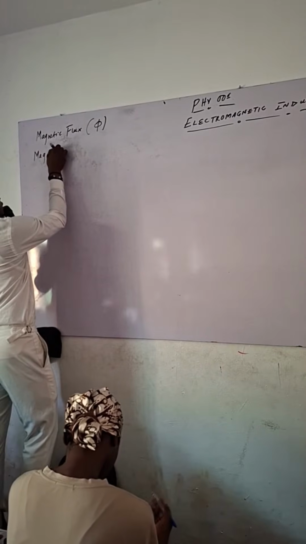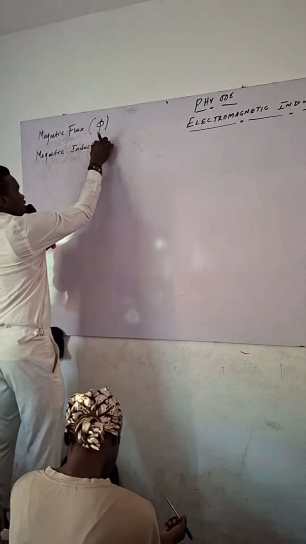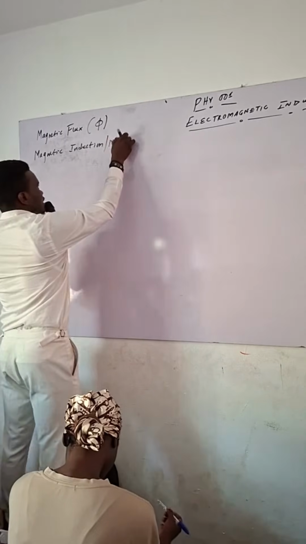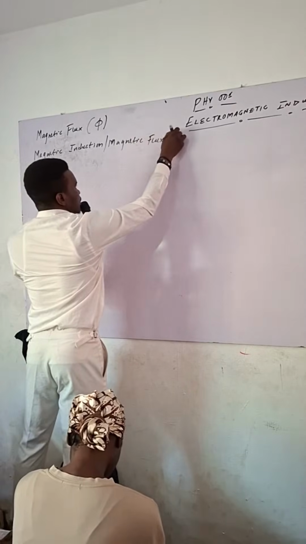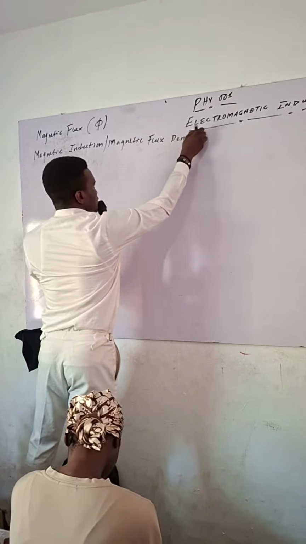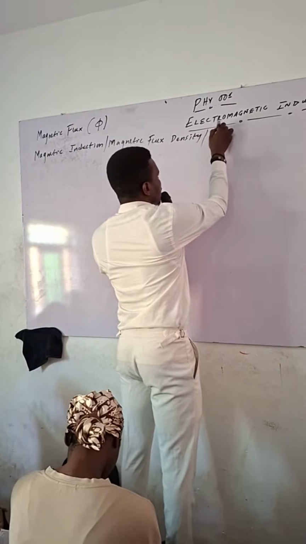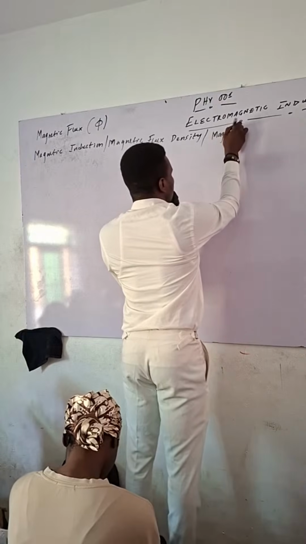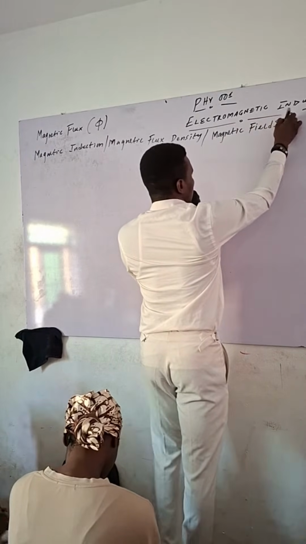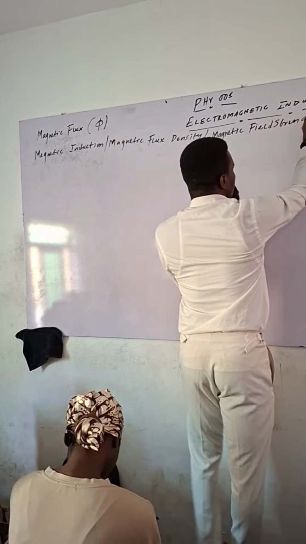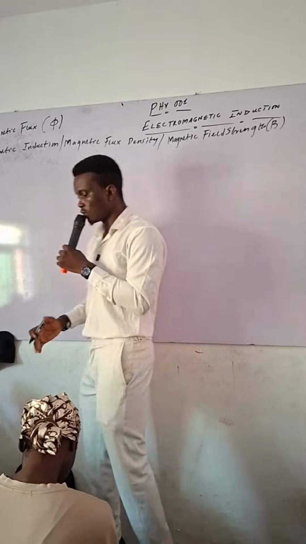Magnetic induction, or magnetic flux density, also known as magnetic field strength. And this is represented with capital B. So,